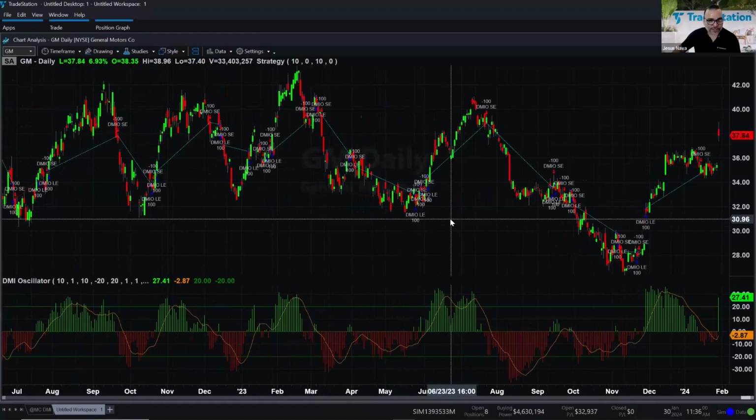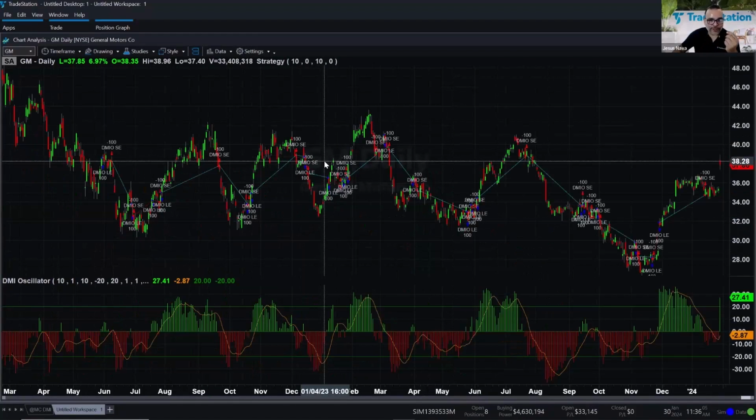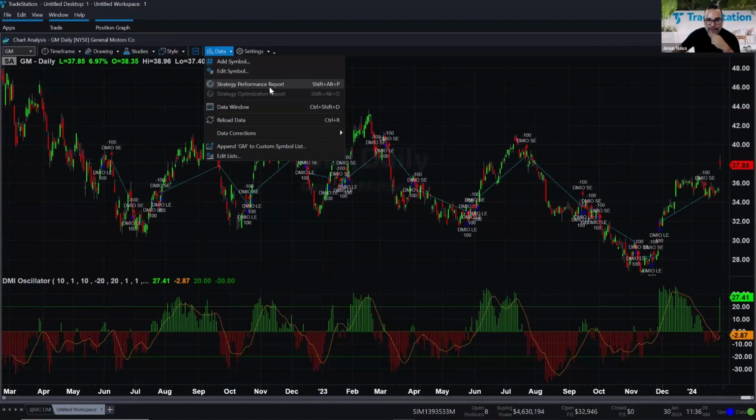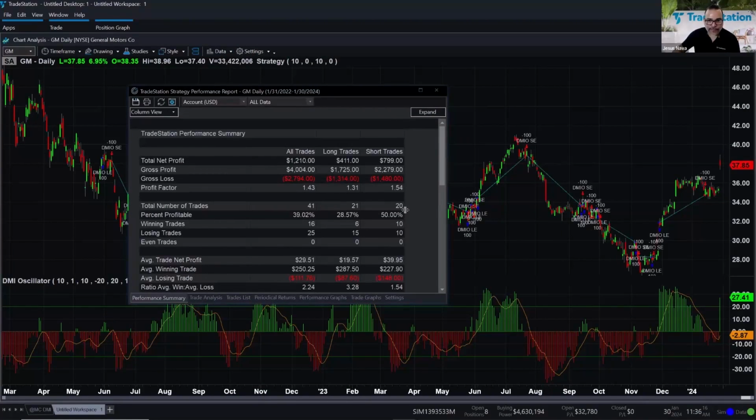Now, if I squeeze the chart a little bit more, this is a daily chart of General Motors that goes back 2 years. If I go to the Data tab and click on Strategy Performance Report, then you can see the report of this particular strategy out of the box. You can see that we had 41 trades in a period of 2 years, and the results were not that bad. I want to say not that bad because I've been testing the DMI strategy for some time already, and it's